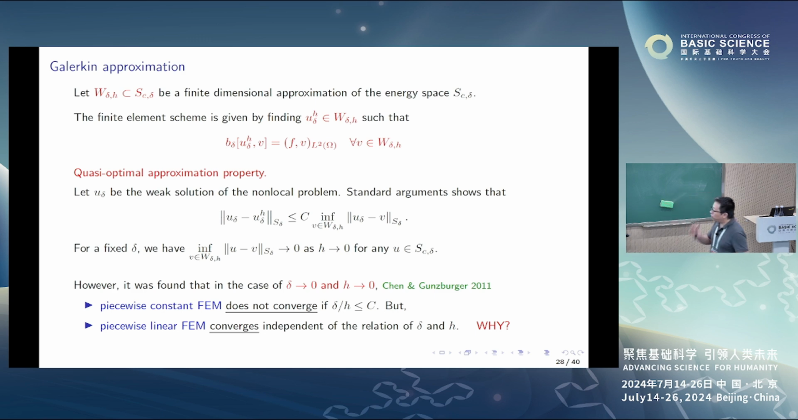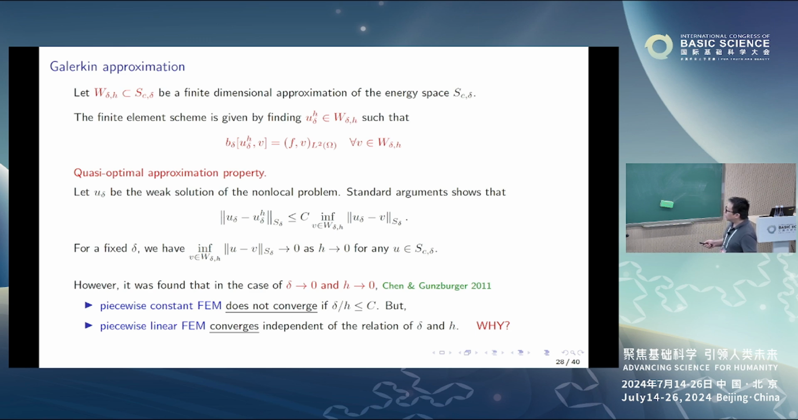So if you fix delta, fix the model, and then let H go to 0, then you have convergence. Your numerical solution converges to the exact solution, if your finite dimensional space has a good approximation property. Okay, however,